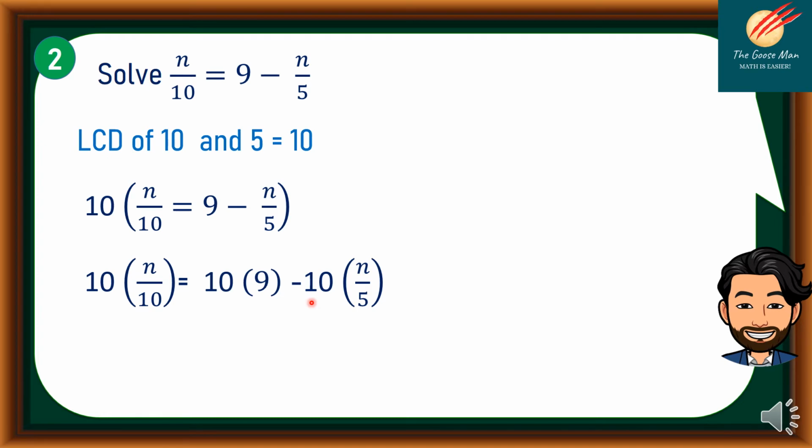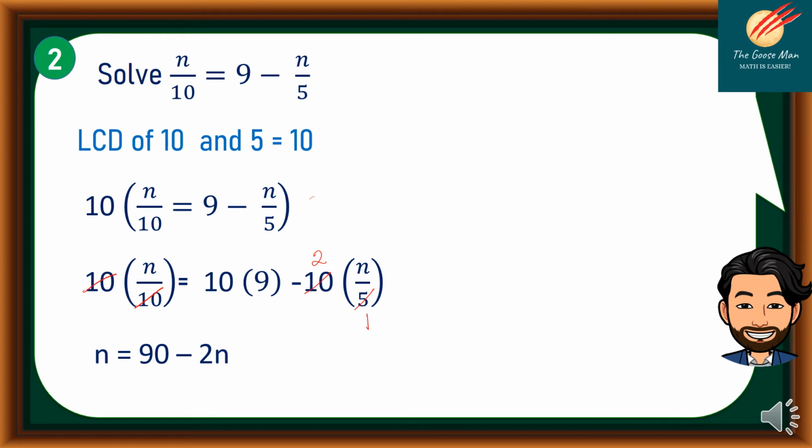Now, I can simplify this by factoring out the common factor between 10 and n/10. I can factor out 10. Then 10 times 9, then we have 10 times n/5. So 10 and 5 is divisible by 5. So 10 divided by 5 is equal to 2, while 5 divided by 5 is equal to 1. So therefore, the simpler form is n is equal to 10 times 9, which is 90, minus